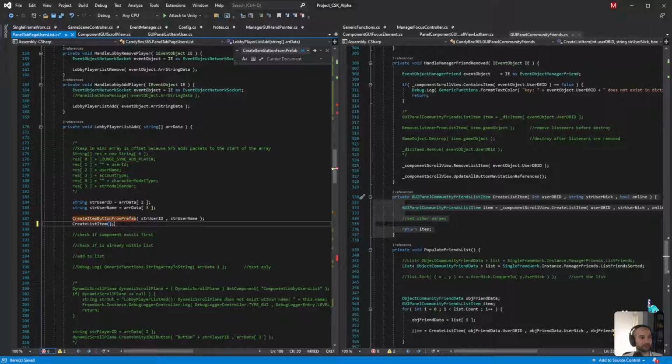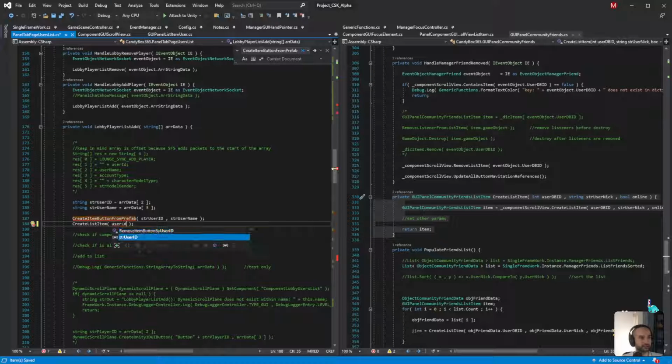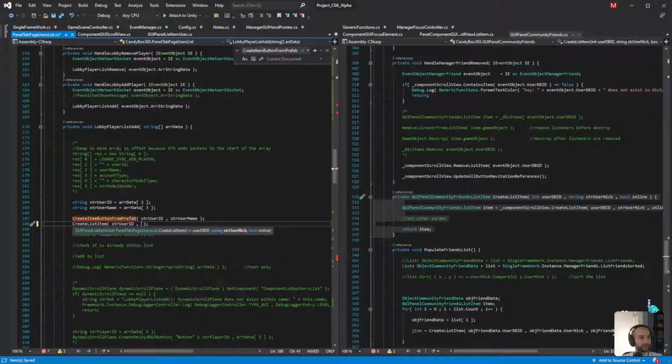Yes. So it will be the user ID. Oh, user ID needs to be an integer. Okay. How did we do that?